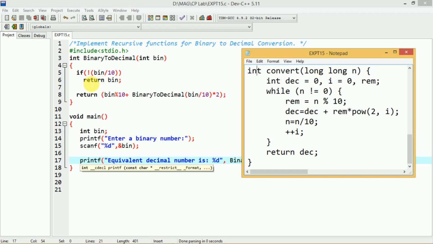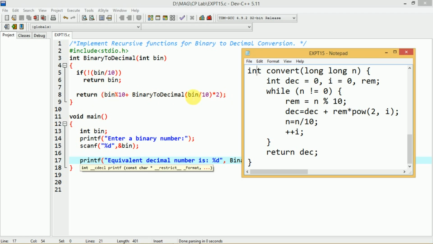We know that whenever the return statement is executed, it is the last statement of your program, and after that no other statement will be executed. So if this condition is true, this return will be executed, and it will not execute the other return. If this condition is false, this statement will not be executed, and it will execute the next statement after this if. After this, the next statement is return.